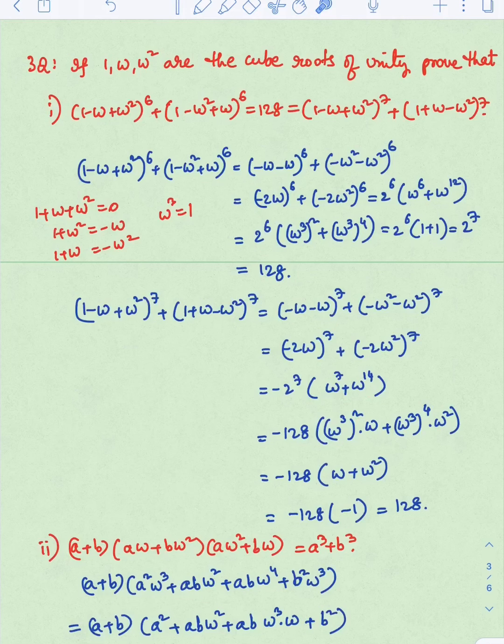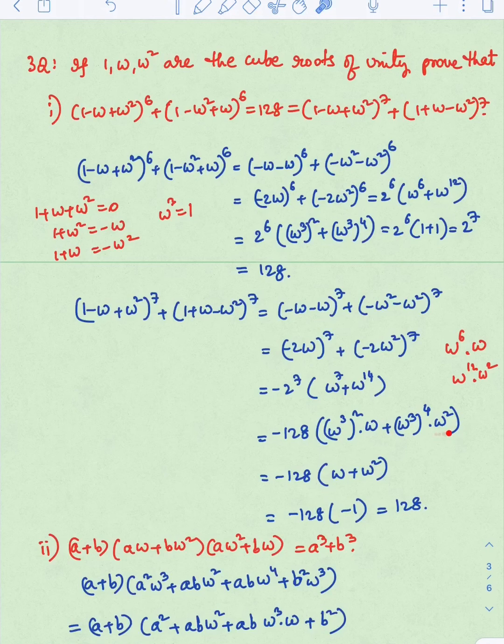How many 3's are there in it? 2. Because 3 to the 6 and 1 omega left over, that is written here. Don't confuse. Omega power 7 is written as omega power 6 into omega. Then you get total 7. This omega power 6 is written like this, into omega is kept. The same style here also, it is omega power 12 into omega square. Total 14. And omega power 12 written like this, omega square is kept aside.